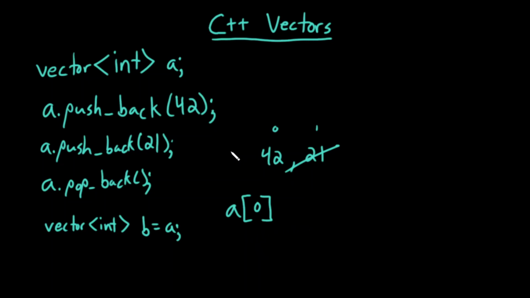So let's say this is a, this is a vector that right now only contains 42 because we removed that one. If I do vector<int> b equals a, this will create a completely separate vector that copies over all of the elements that were in